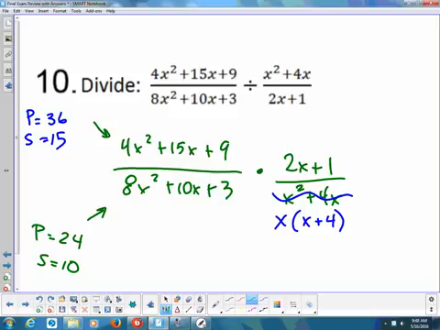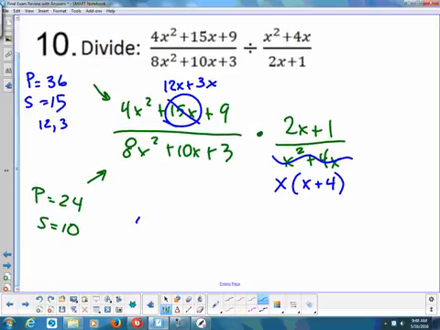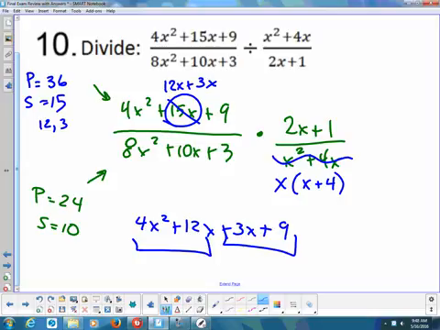So, ladies, your product was 36, your sum was 15. What two numbers did you choose? 12 and 3. So you're taking out the 15x, and you're replacing it with the 12x plus 3x. And so when you did that, you had 4x squared plus 12x plus 3x plus 9. Factoring by grouping,